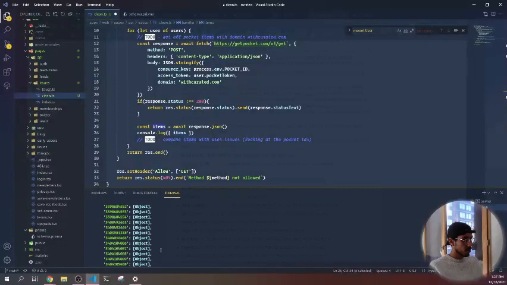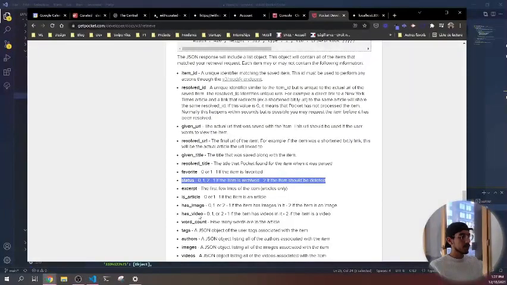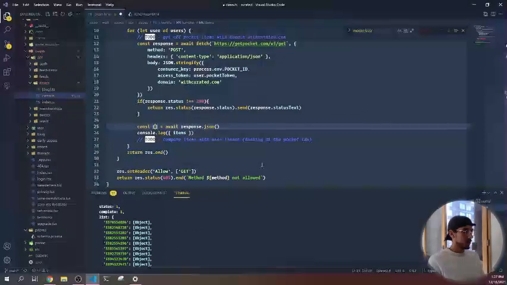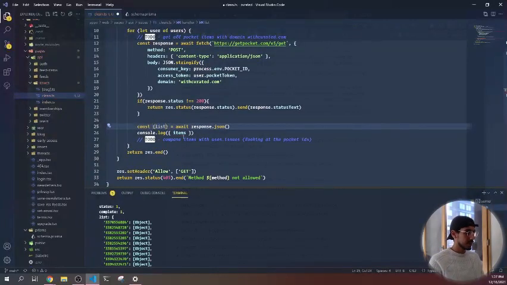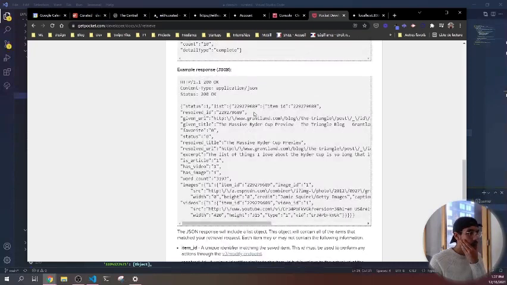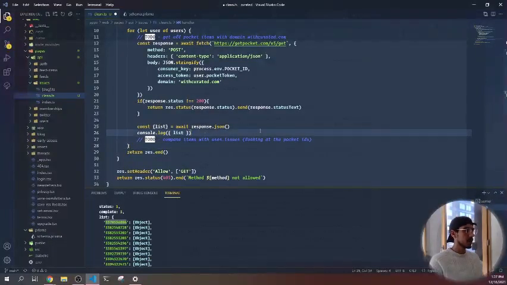Alright. So I have a bunch of IDs. And then what I can do is, what I want is the list here, right? So I'm gonna say list, and in the list, what we have is, what is that? This is the ID, right? All right, so the list is